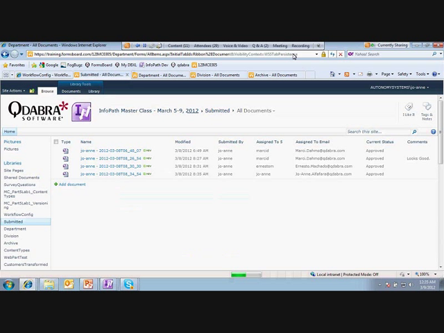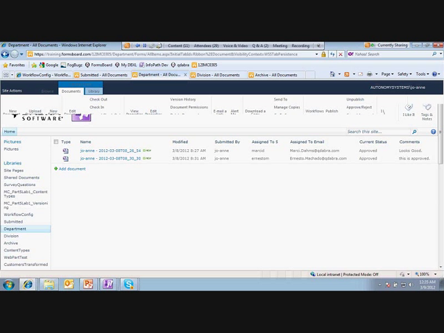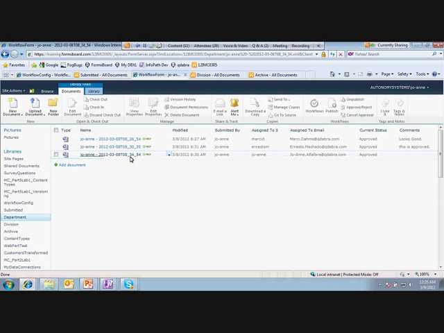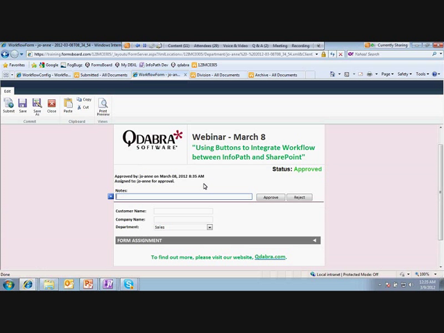And if you refresh here, it is submitted to a different library, and the second approver is now assigned to it. So if I approve, because I'm also approver two,